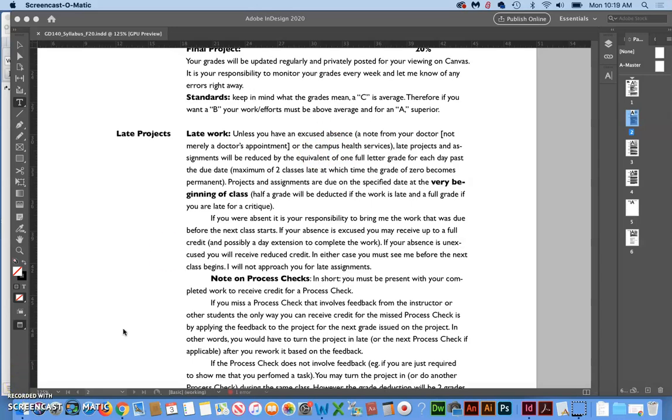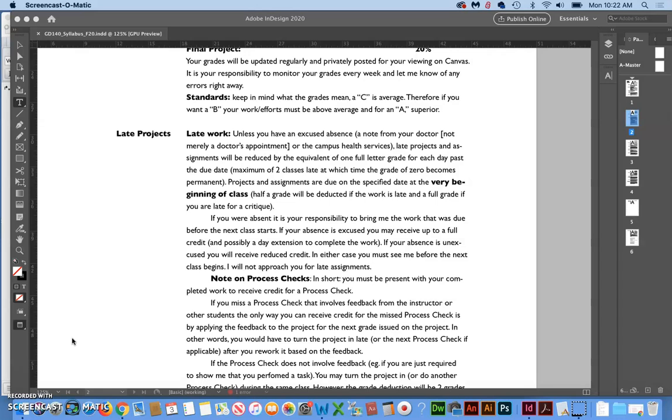Now, what if you're sick, but not so sick that you need to go see a doctor and you can't get the assignment done? Well, unfortunately, that falls under the life is not fair category. But I can tell you this, that difference of missing an assignment or where you have to turn it in late one time should not be the difference between you getting a C or a B grade or a B to an A grade. Please, and I mean this sincerely, don't share your excuses with me.